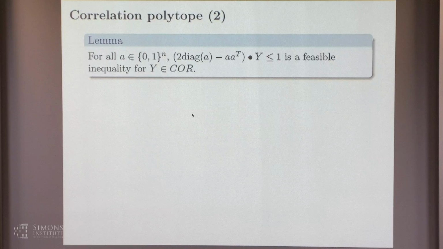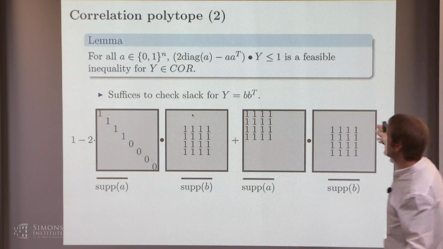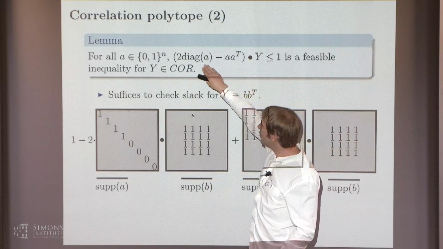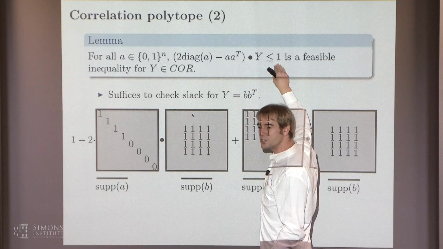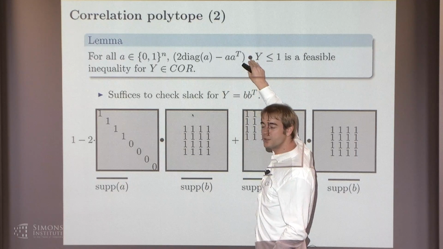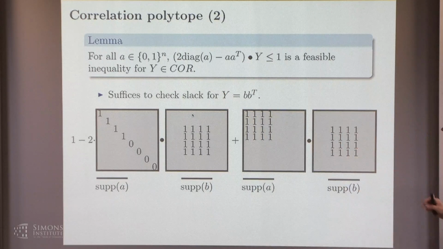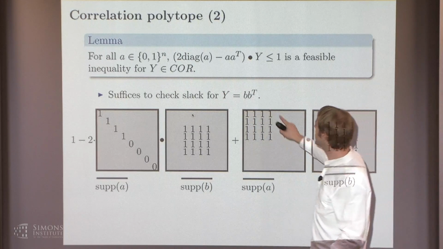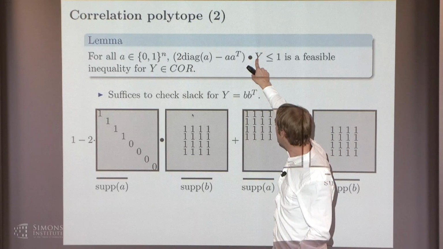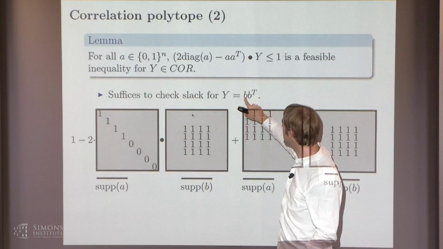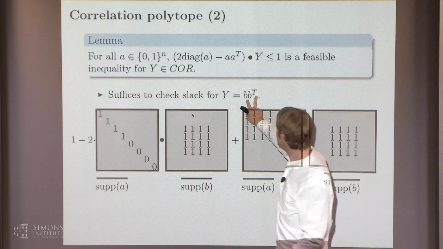OK. So why is that true? Well, easy trick. If you have to show that some inequality holds for the convex hull of things, then it suffices to show that linear inequality just for every extreme point. Things are a little bit easier. So you can just say that this vector here, this is a matrix, but it's an extreme point, so it's of the form of a 0, 1 vector b times itself. OK. Now, if you plug this in here,